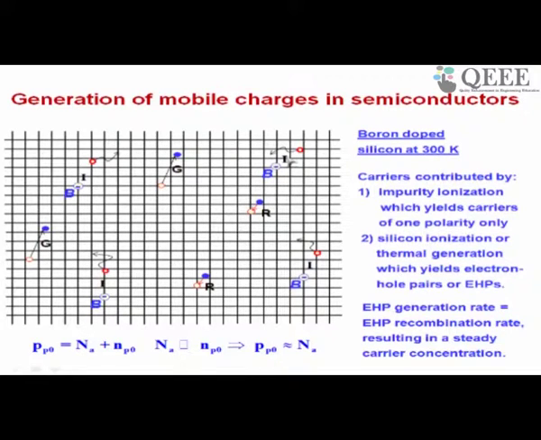Okay. Now note that while electron hole pair generation is associated with silicon ionization, when a silicon atom ionizes, you get both types of carriers, a hole and an electron. Whereas when an impurity ionizes, you get only one type of carrier, either an electron or a hole. You do not get both. If a phosphorus atom ionizes, you get a free electron, but you don't get a hole. If a boron atom ionizes, you get a hole, but you don't get an electron. But when a silicon atom ionizes, you get both electrons and holes, because breaking of a silicon bond creates a vacancy, and that vacancy is called a hole.